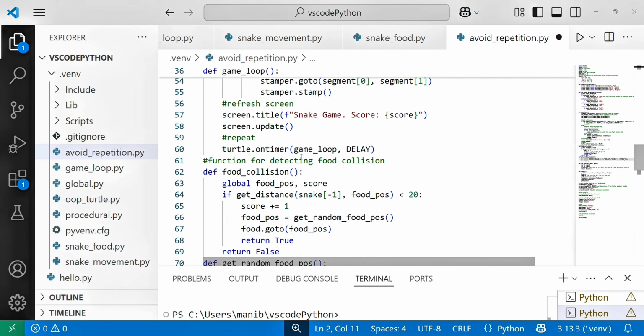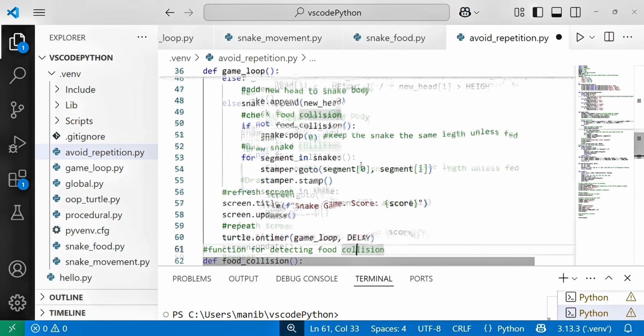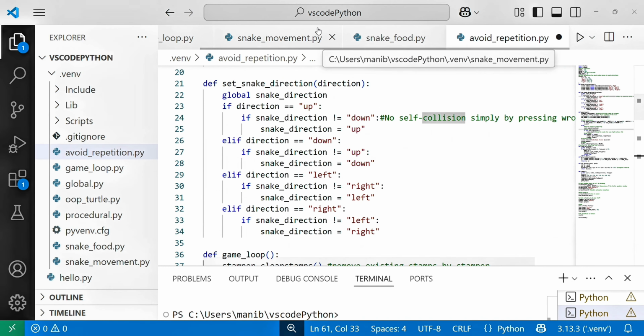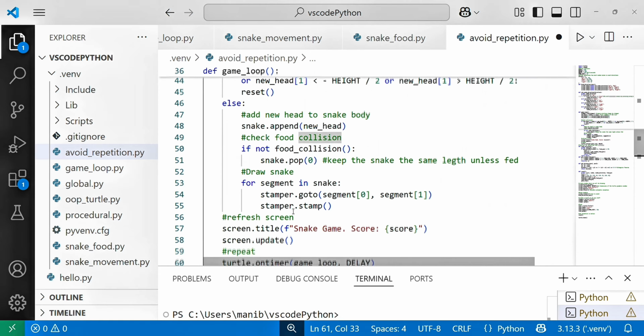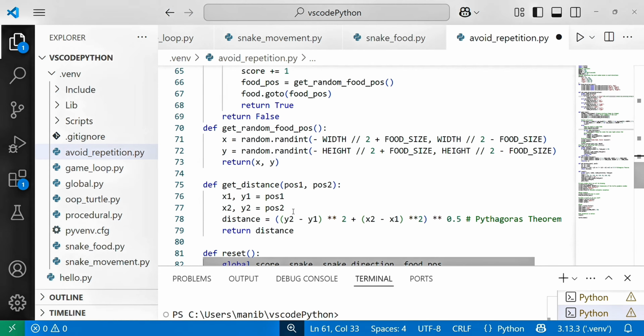I'm calling the game loop, where the movement we have written, so on the x-axis it will move, and on the y-axis it will move, left right and up down.